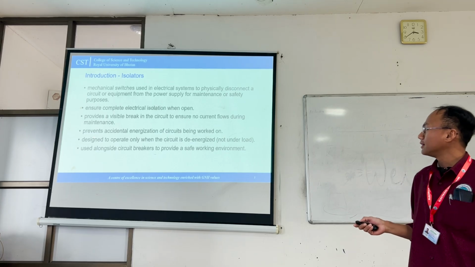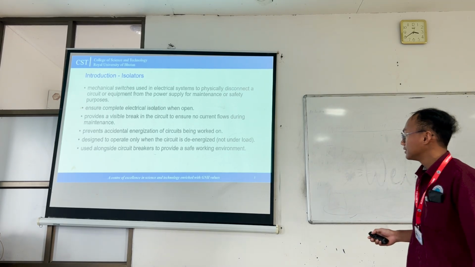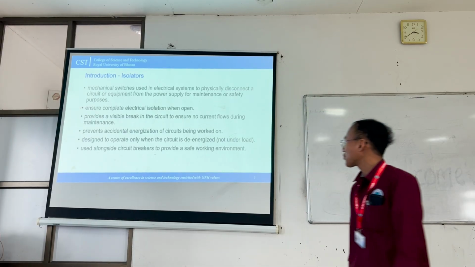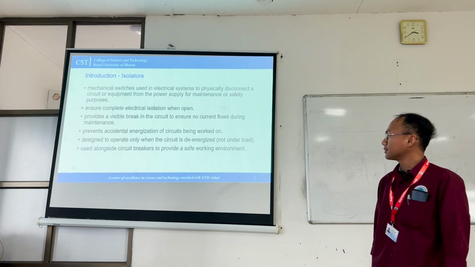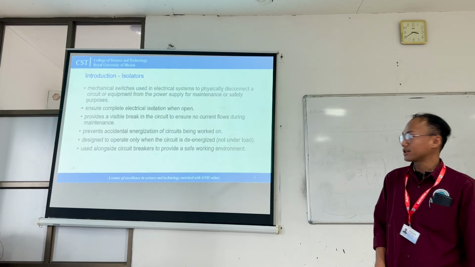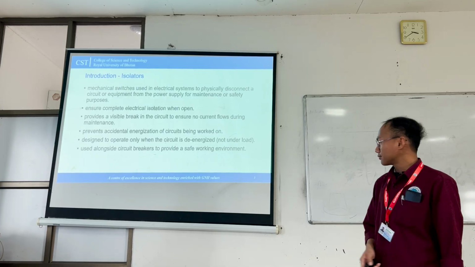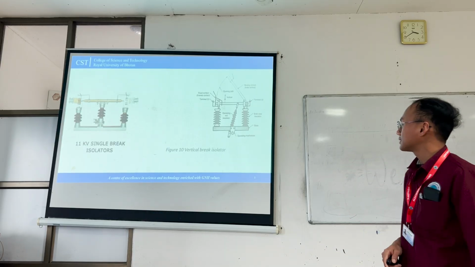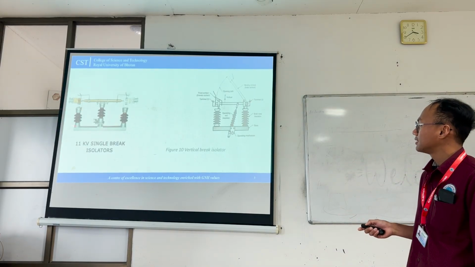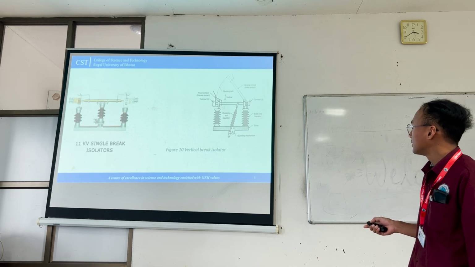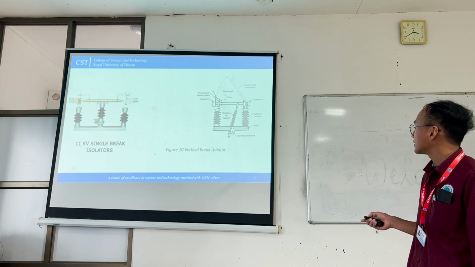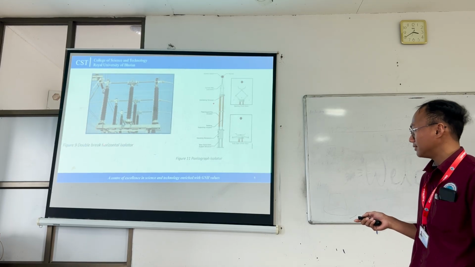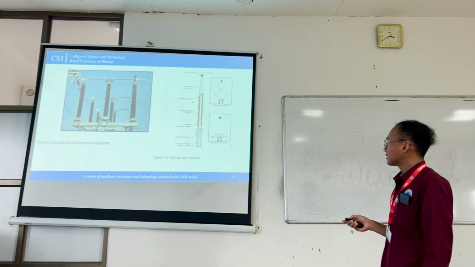Another point, it also prevents accidental energization of circuits when work is going on. This isolator is usually used alongside the circuit breakers in order to provide a safe working environment. Now, there are various types of isolators. First one is a single break isolator, and the second one is a vertical break isolator. This one is a vertical break isolator, and this one is a double break horizontal isolator, and lastly the pantograph